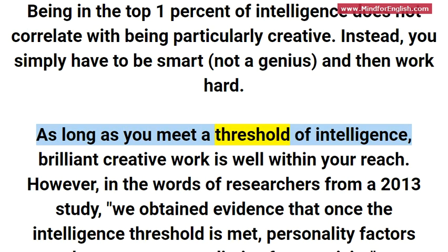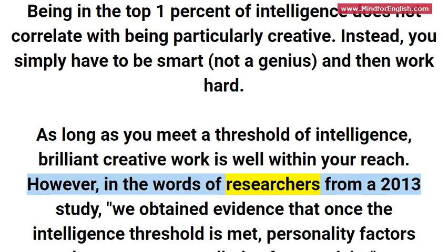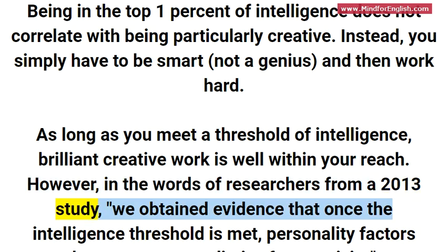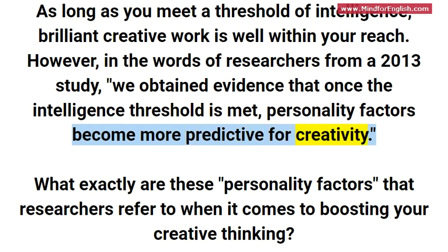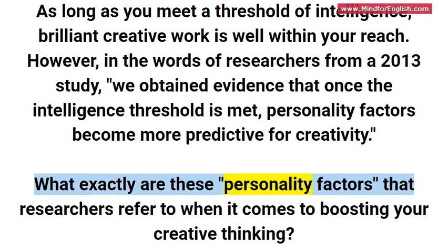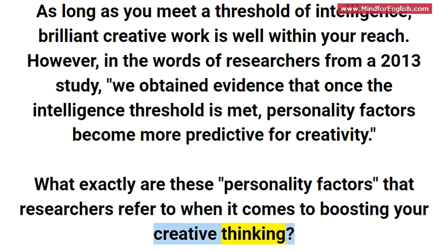As long as you meet a threshold of intelligence, brilliant creative work is well within your reach. However, in the words of researchers from a 2013 study, "we obtained evidence that once the intelligence threshold is met, personality factors become more predictive for creativity." What exactly are these